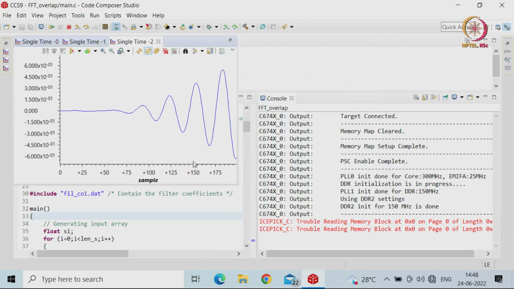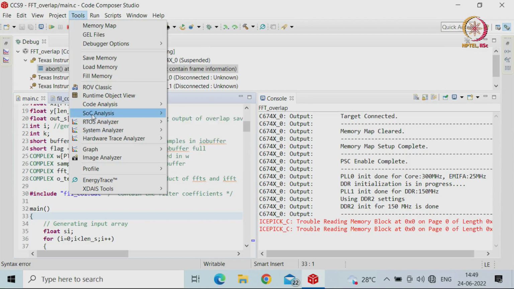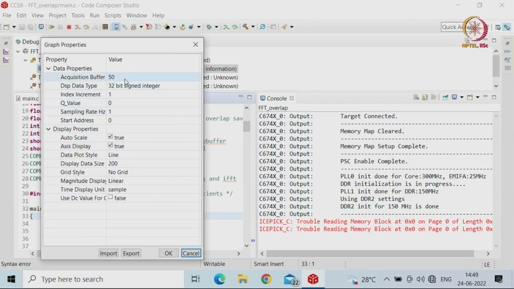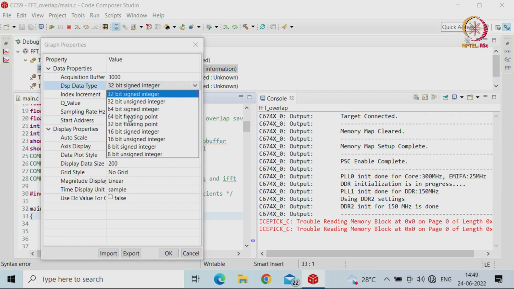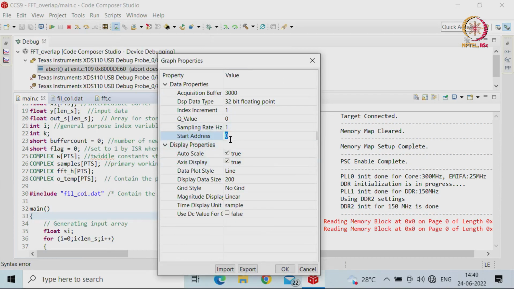You will be seeing that okay, something I made a mistake here, anybody can look at it. The mistake was that only 200 samples are getting mapped, but my length is 3000. This is the sine wave because you have done the IFFT also in this case. So, we can see what the frequency is, 32-bit floating point, and the start address is out S, sorry, out temp,